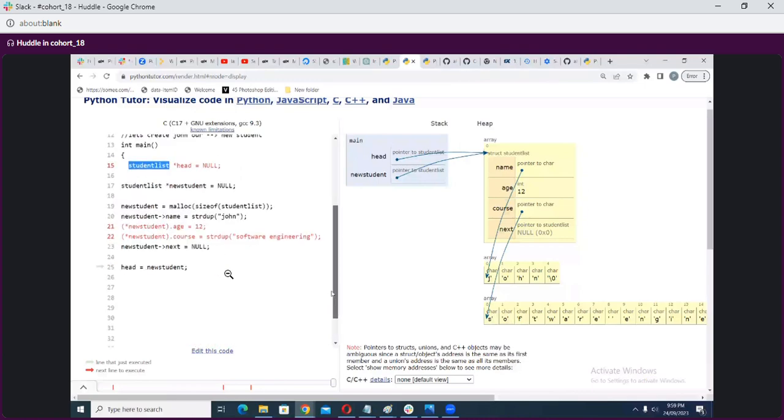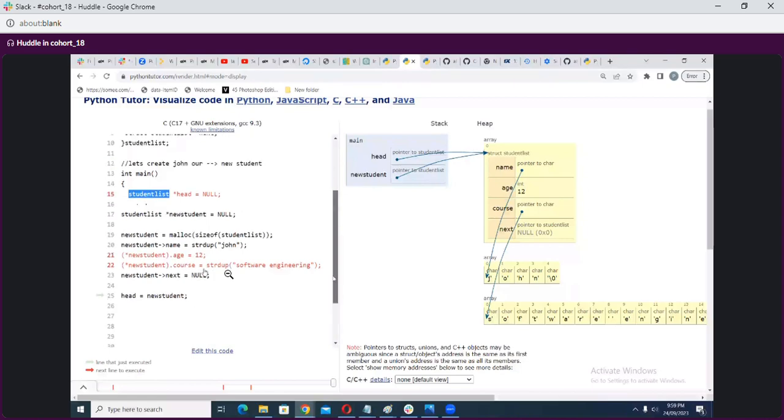Okay. In line number 20 and line number 22, why did you use that string duplicate or strdup? Yeah, it's because I don't want to